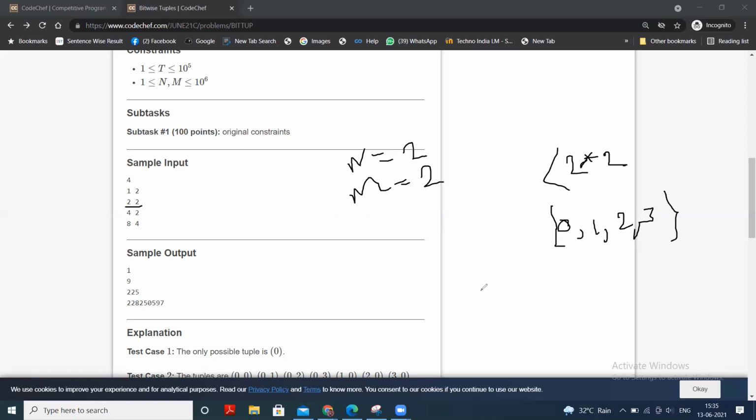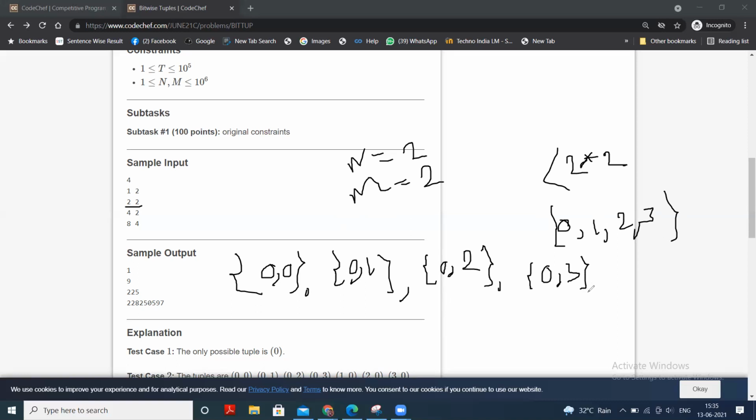So all the possible tuples are 0, 0, then 0, 1, then 0, 2, then 0, 3, then 1, 0, then 1, 1.